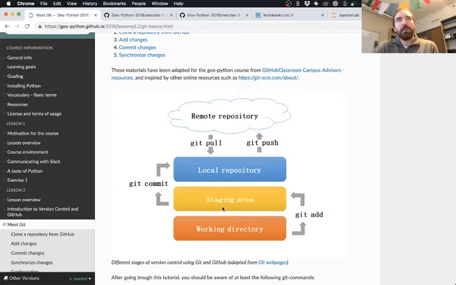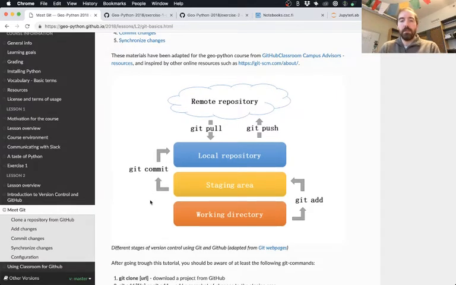Just adding the files doesn't actually save anything. It just designates that they will be saved when you do the next step, which is the git commit. Commit is where you're actually saving the changes to the files. Usually you're going to give this -m, which is the flag to indicate you're going to give a commit message. Then you put something in quotation marks, which is the message that goes along with the changes you've made to the files. I've seen lots of activity already on the Geo-Python GitHub, so it seems like you're figuring this part out without too much trouble.